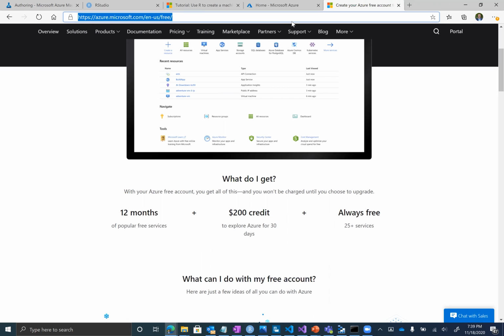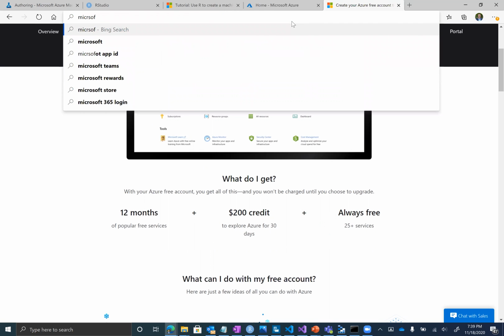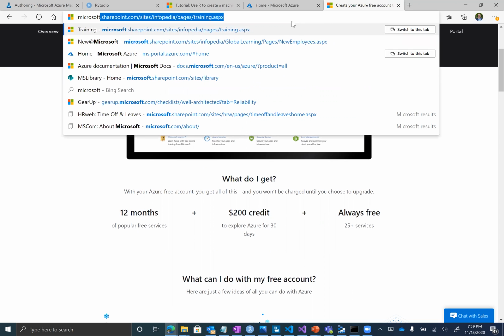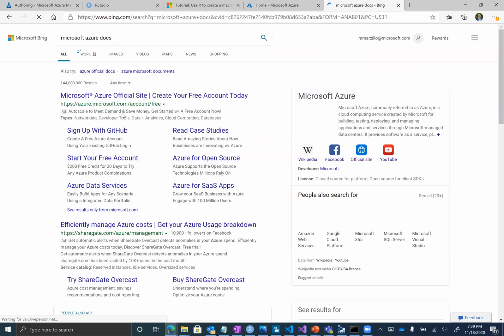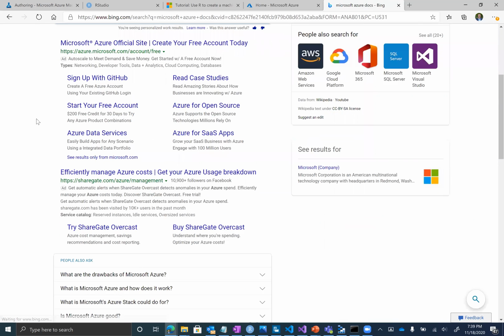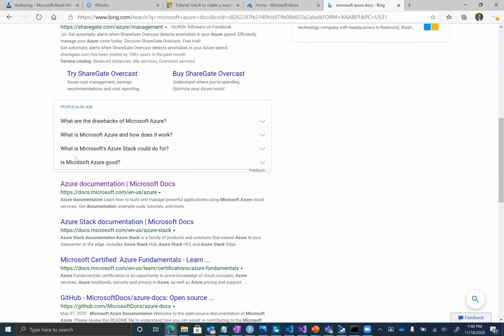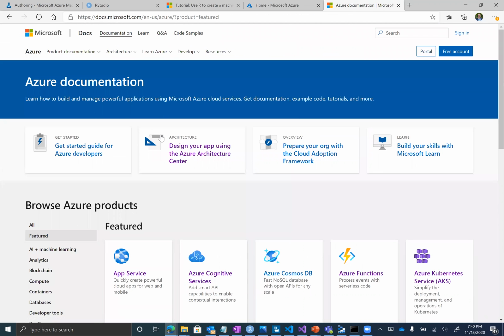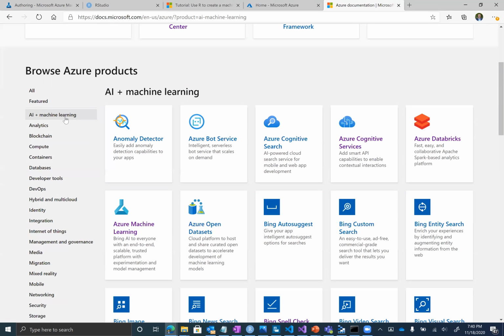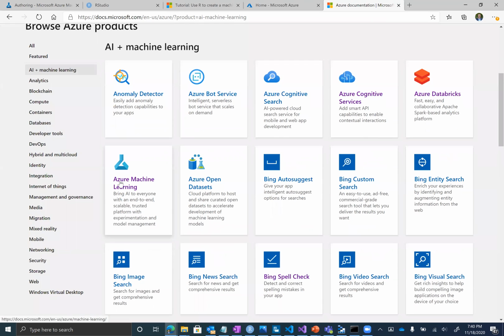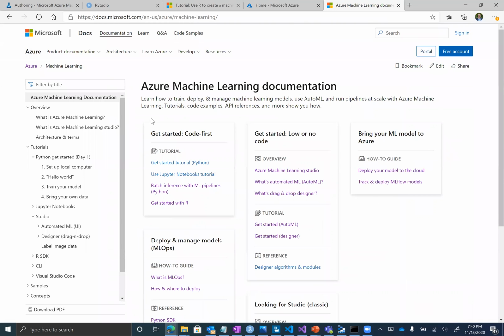Yeah, so I think there's a couple options there. The first thing is that there are videos out there. But the first thing we tend to say is start with the docs, right? If you go to Azure Documentation, from here this is a really good jumping off point. Go to AI Machine Learning. You can come down here, Azure Machine Learning. From here, there are tons of tutorials on different topics and things like that.